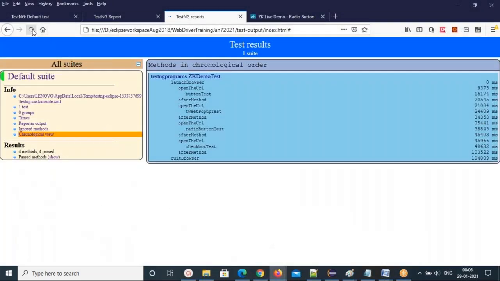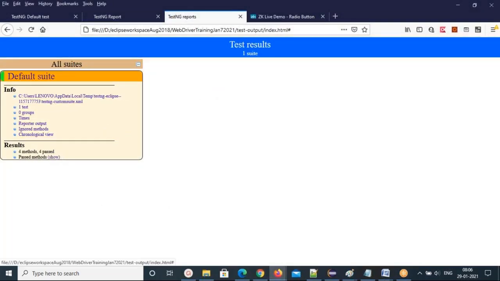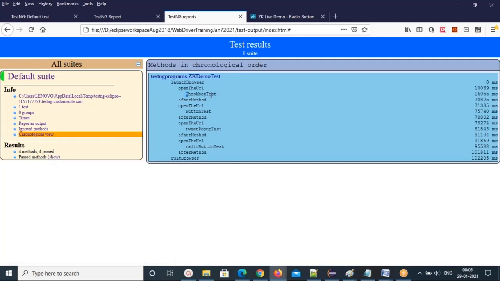So let's see here. First checkbox test: -4 we have given, that's why first. Then button test: I didn't give anything, but it will be treated as priority 0. So these two are priority 0. Priority 0 is the second priority after -4.